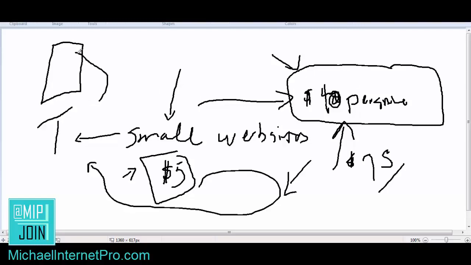Like I said, you always drive people to your squeeze page, or to your link if you're doing direct linking, and you're getting it from a cheap source and you're selling it high. And at the end of the day, you make money. So in a nutshell, guys, that's it. That's what the programs are teaching you. And there are many different methods to this, so each program can be a little bit different, but they're still all going to show you how to make money online. And that's what it's about.